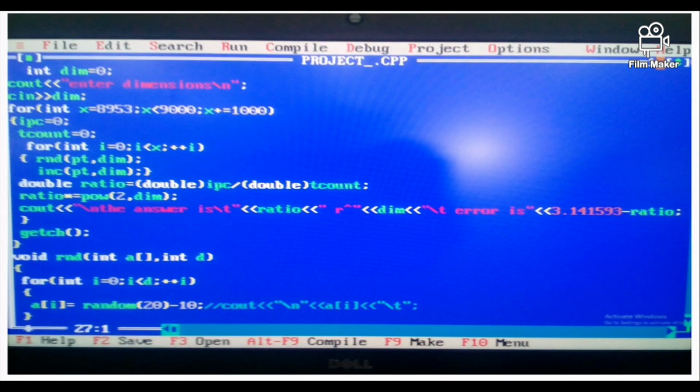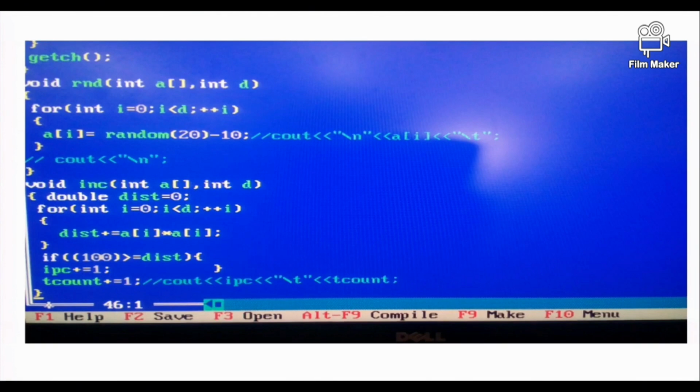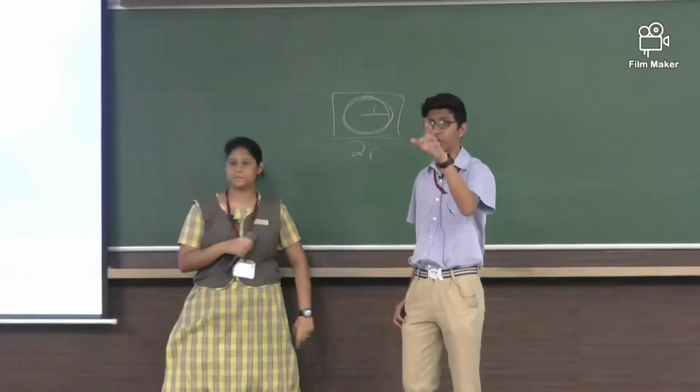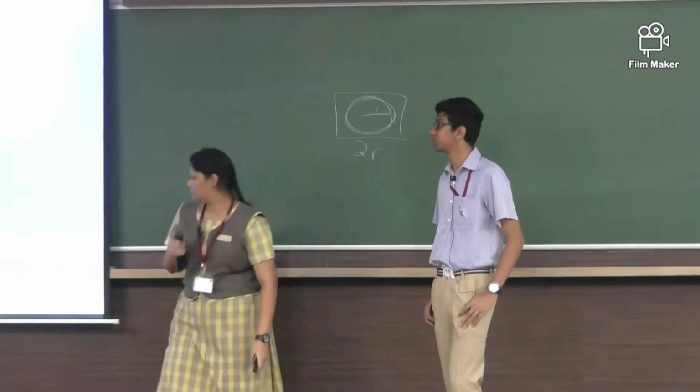This is the randomized function we have here. What we do here is generate random points within the limit of 2r. I took my r to be 10, so the limit is 2r. That generates random points inside my square. It doesn't go outside the square. All the points are considered to have only integer coordinates, like you can't have 1.2 as your coordinate.